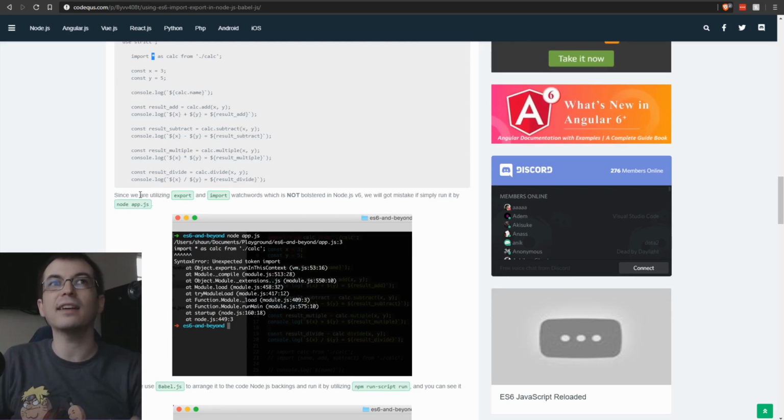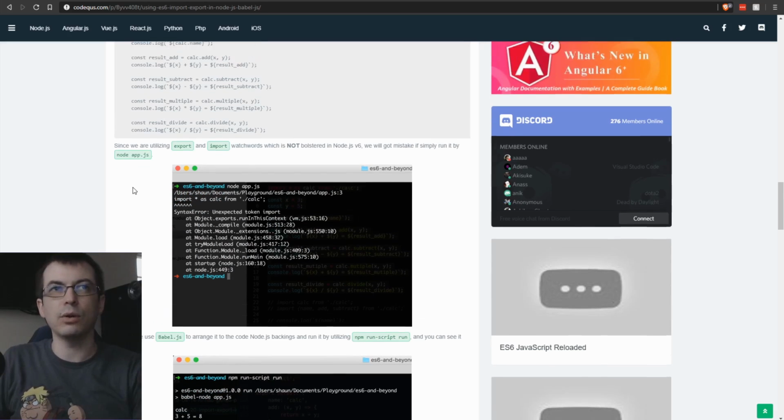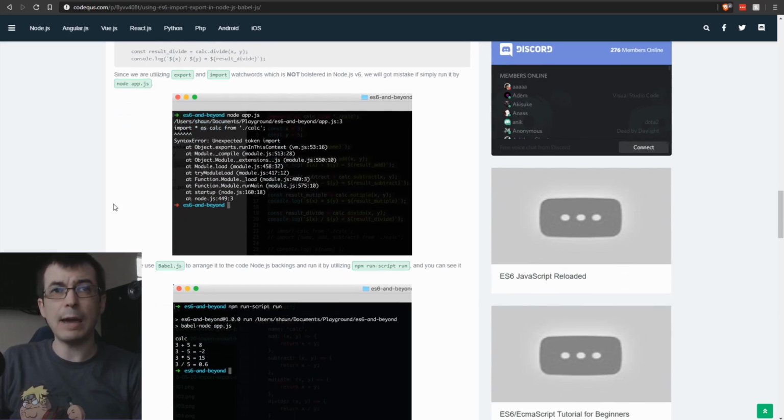However, you can gain this functionality if you were to use Babel. Just to note, you can also enable this kind of functionality in Node, but it requires flipping a flag within the Node runtime and renaming your JavaScript files from .js to .mjs. In the meantime, for handling older Node versions that might not have this functionality enabled by default,